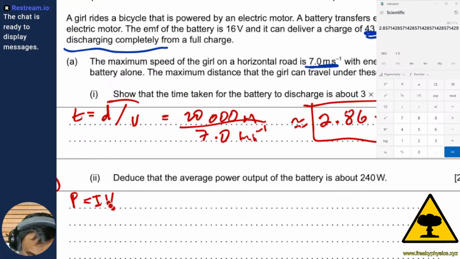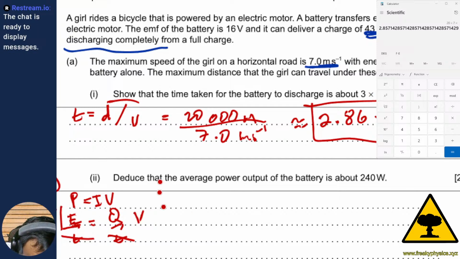I just usually ask students to see why we get it. If you think about it, power is energy over time, right? V is still V, but I, current, is charge over time, right? So the time cancels out here. So we get another formula that basically says energy